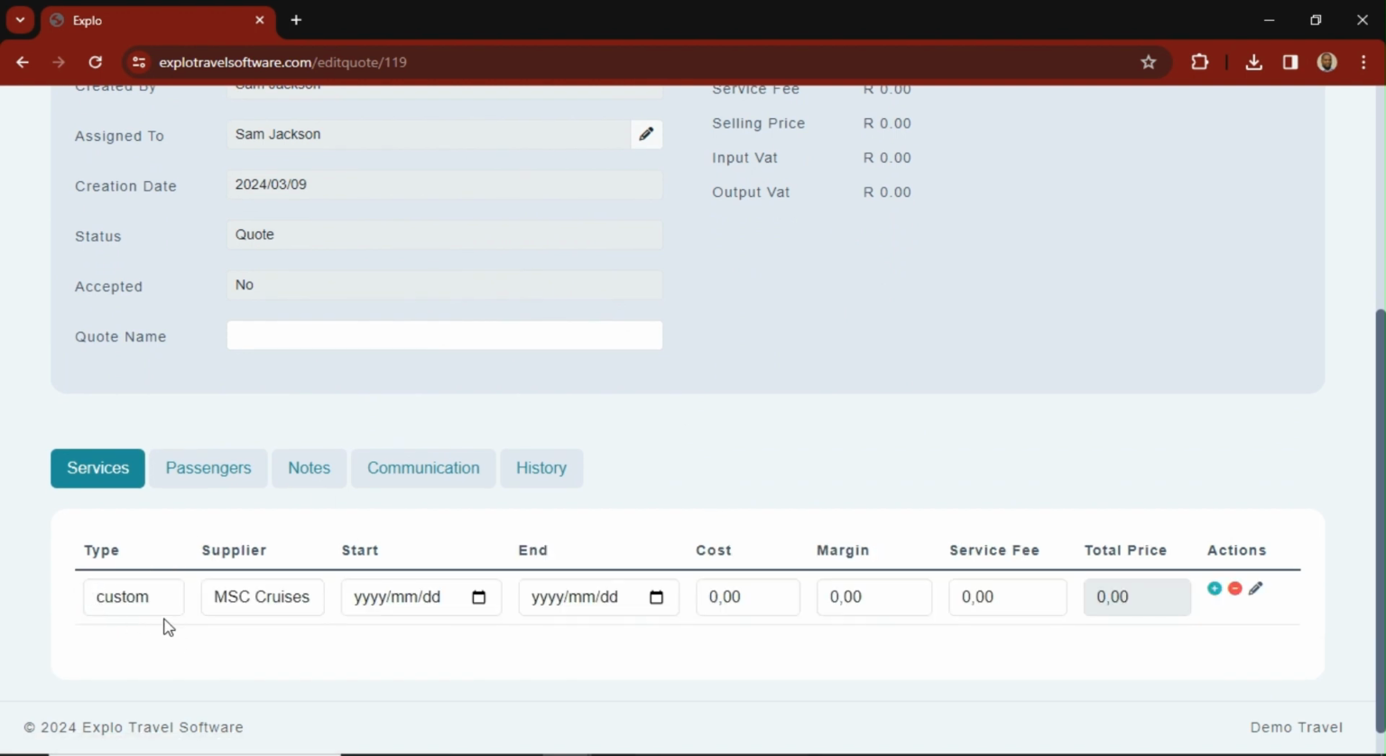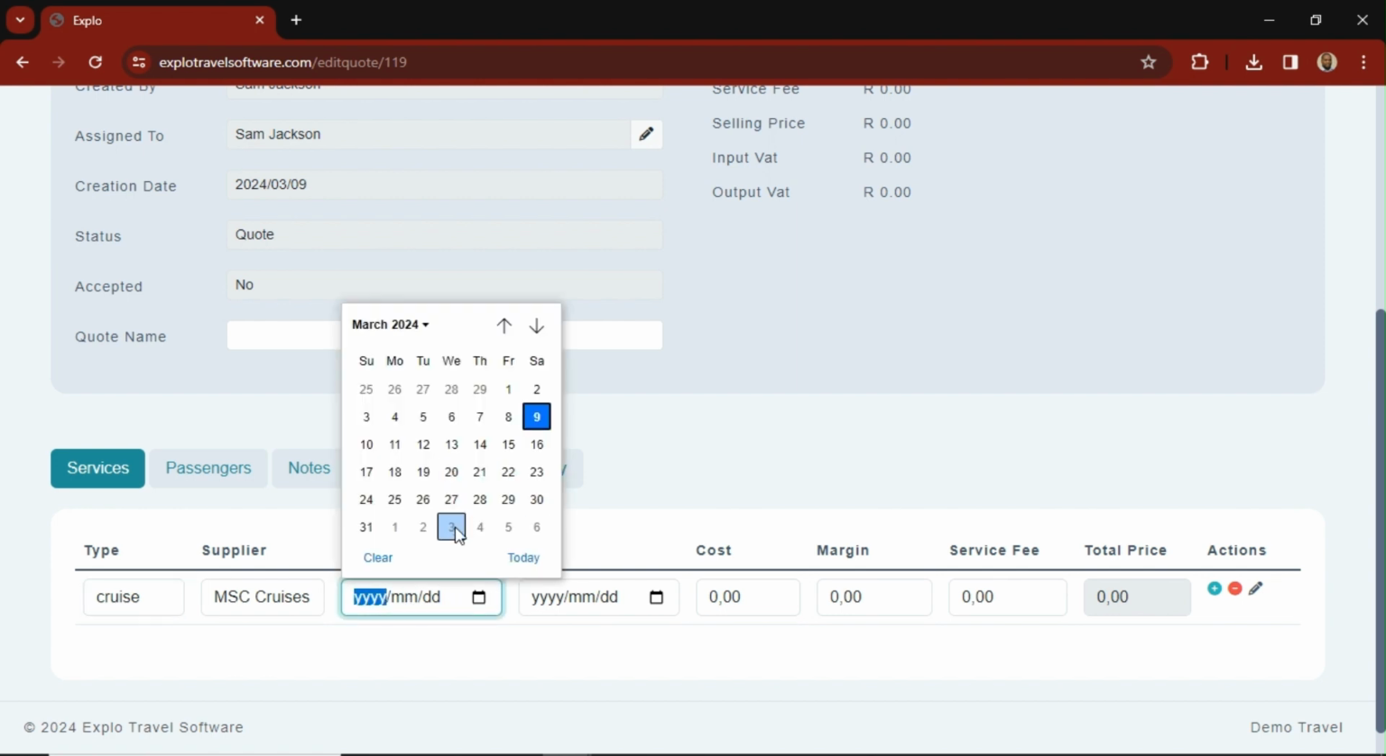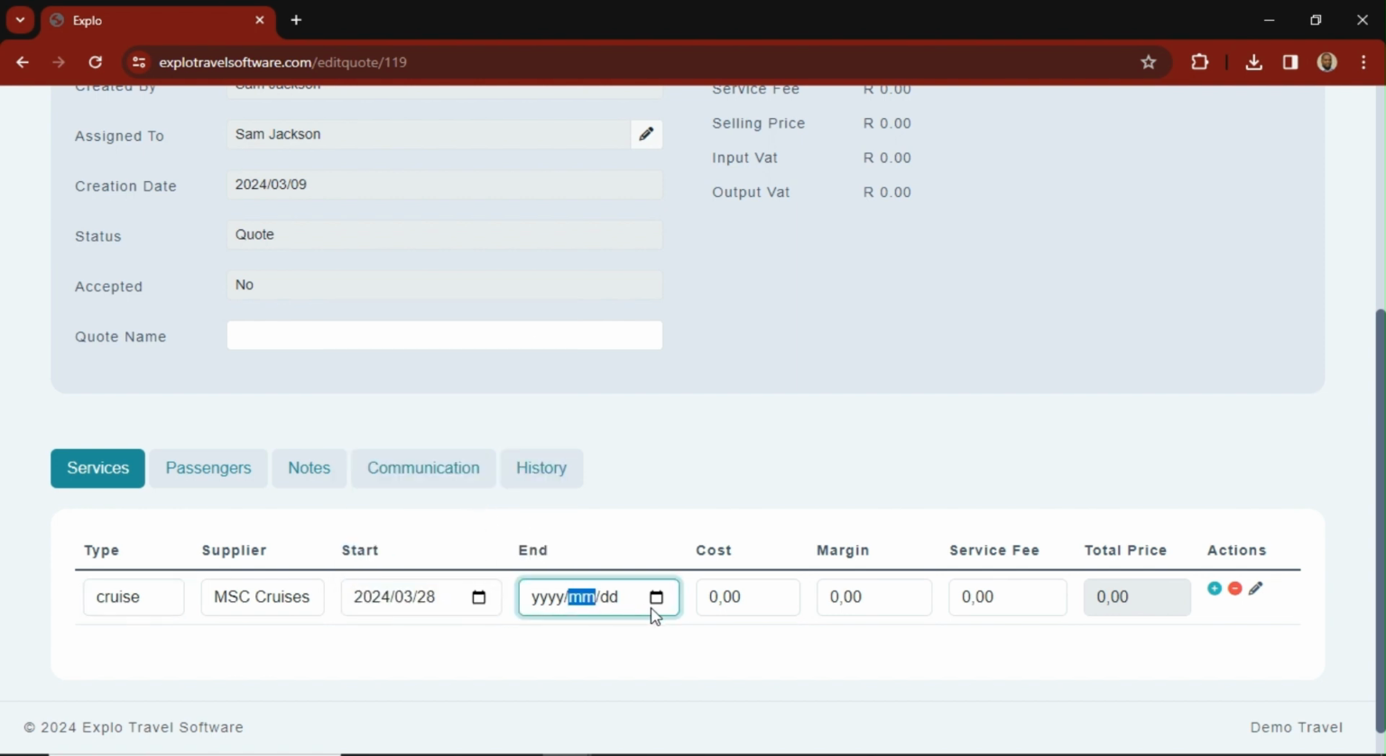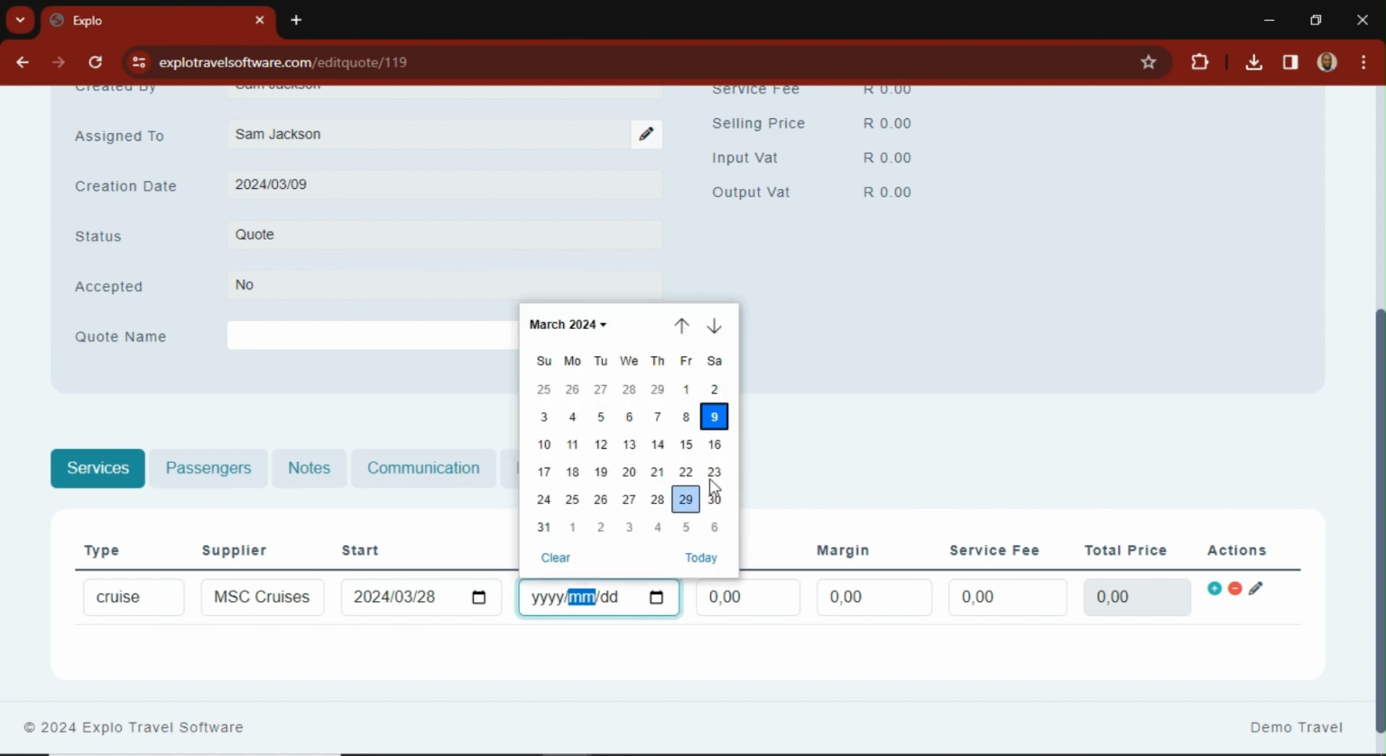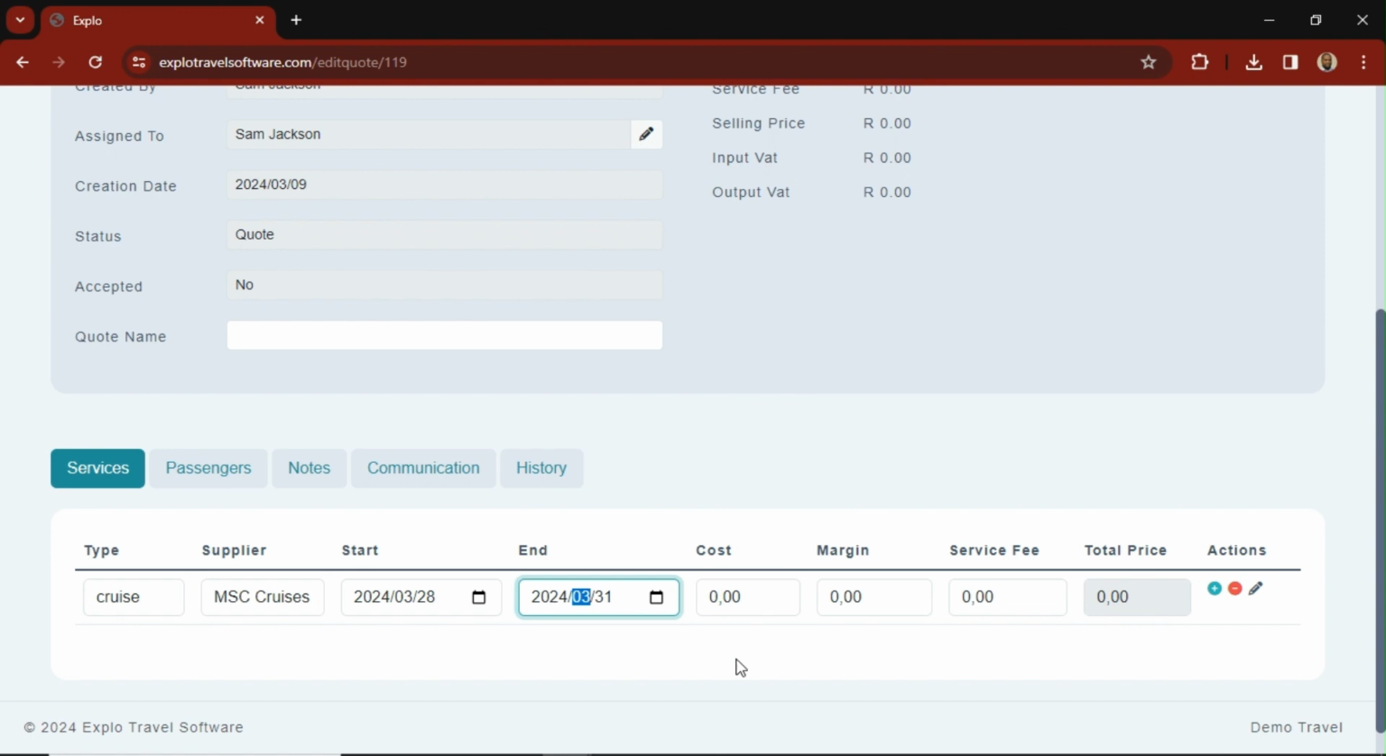I'll start by putting a service. On the various services, depending on what you want, I'll try to start with that cruise. And we can actually select travel dates from the 28th of March, say, to the 31st of March, right? So, depending on the prices that you've had from your suppliers